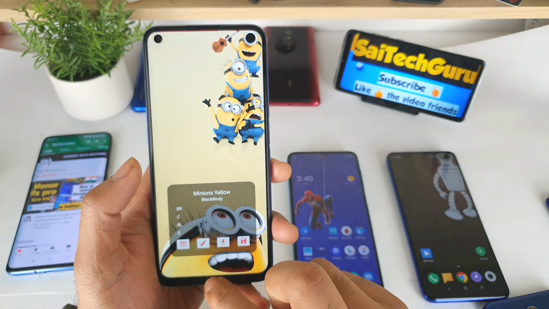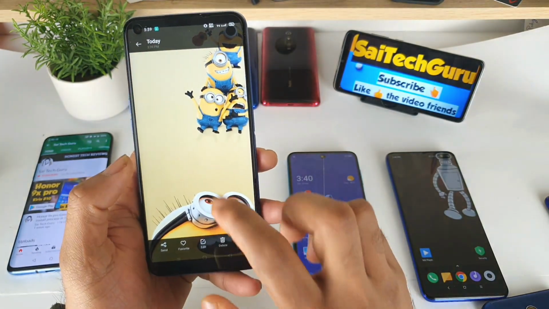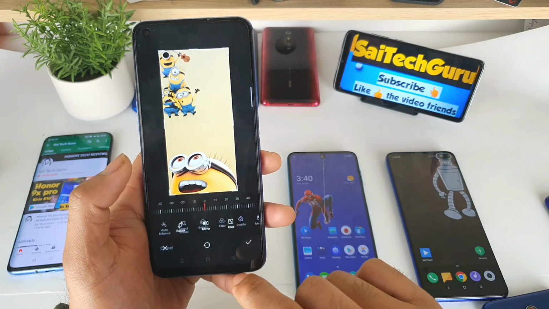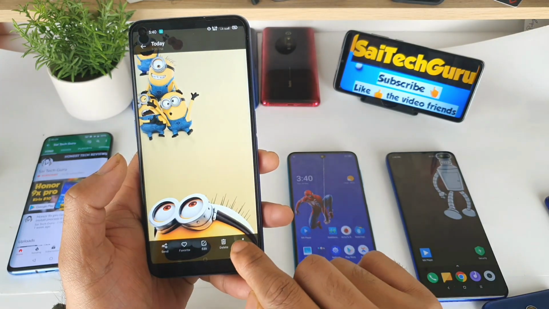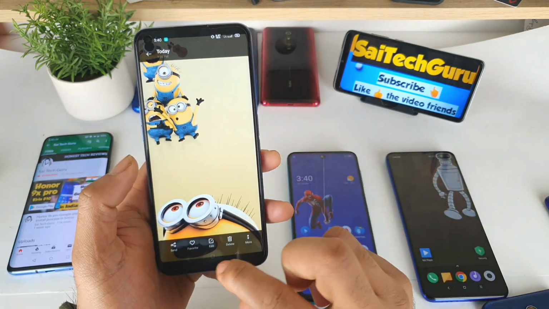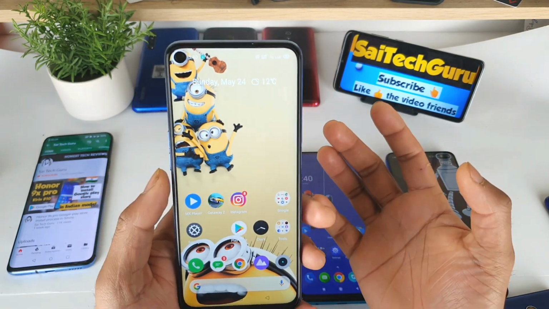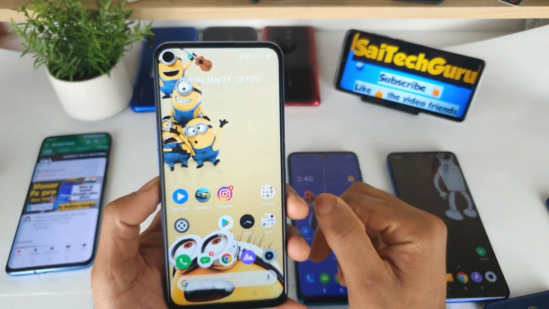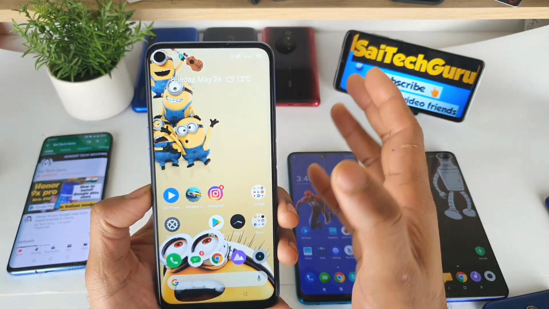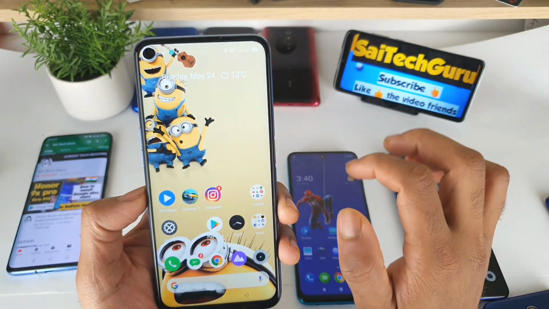Once you download, go to the gallery application and mirror the image, as you can see. In this way only you can select the exact looking wallpaper, friends, which is very good. At least in this way we can use this kind of wallpaper. Before, I searched everywhere on the internet, but I could not find wallpapers with the punch hole towards the left side. So then I decided to try the actual right side wallpaper and just mirror it. It worked perfectly fine for me. There is no problem with that, friends.